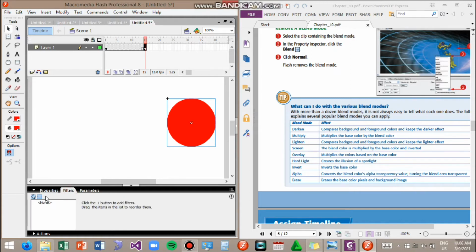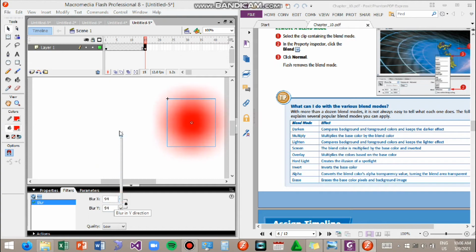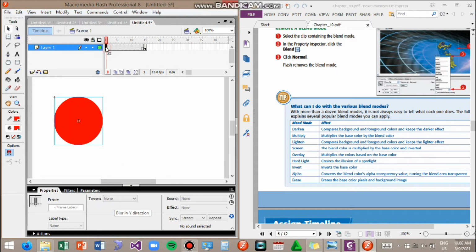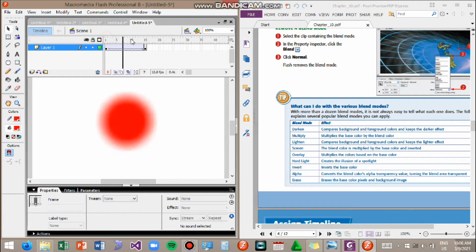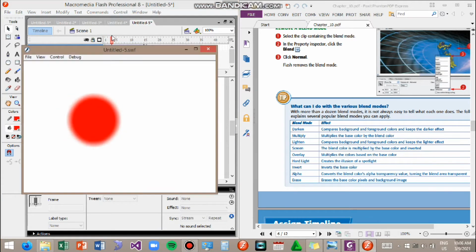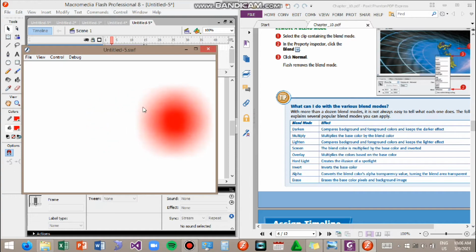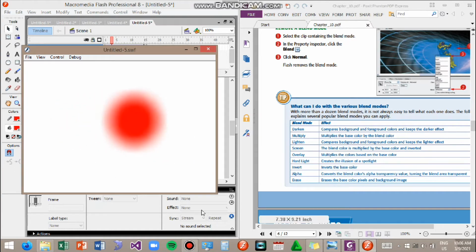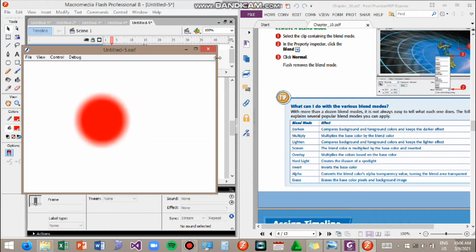Then you're going to use the filter to blur your object. Then we can just use your motion tween to create that blur effect. When we press Control Enter, the output will be just like this one. So that's an implementation of a filter using Macromedia Flash.